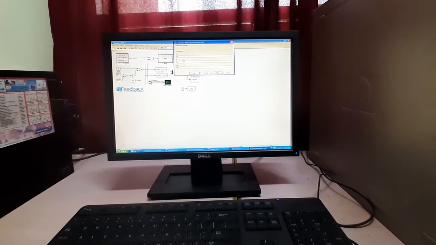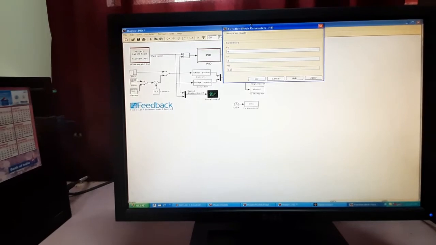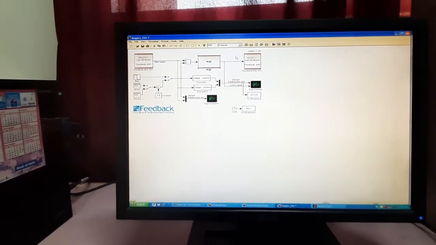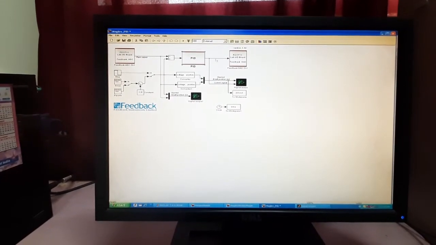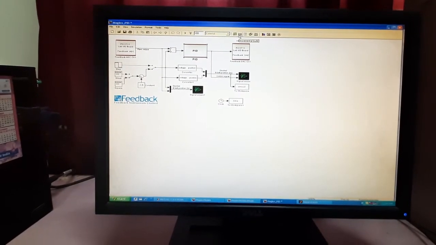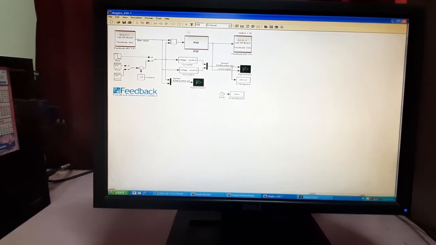I am going to change this KD value from 0.1 to 0.2, then press enter. When we are changing our PID values, we have to do again the incremental build, connect to target, and play.